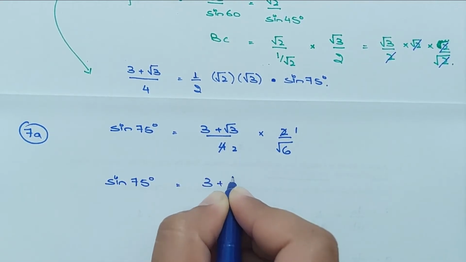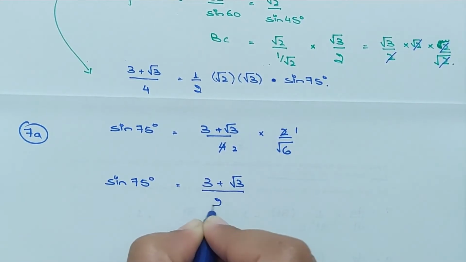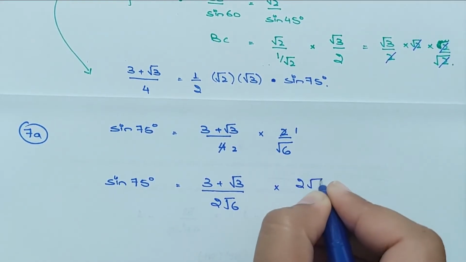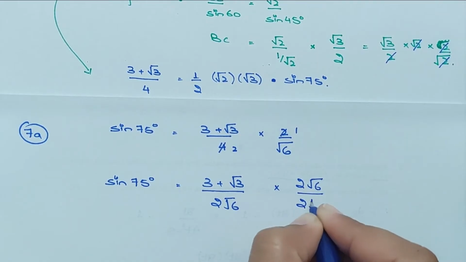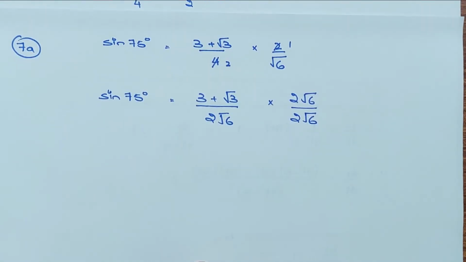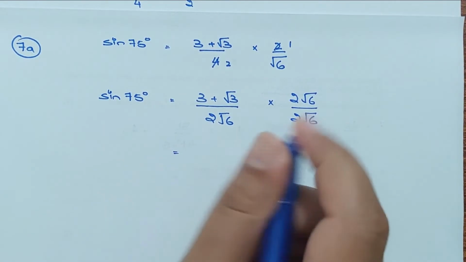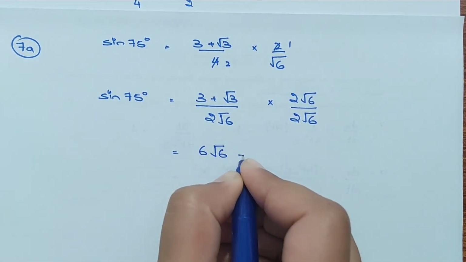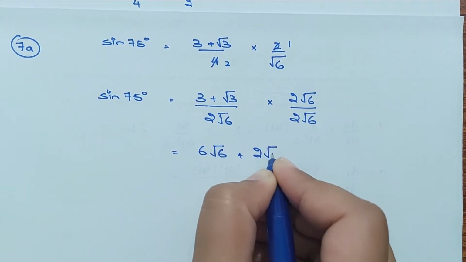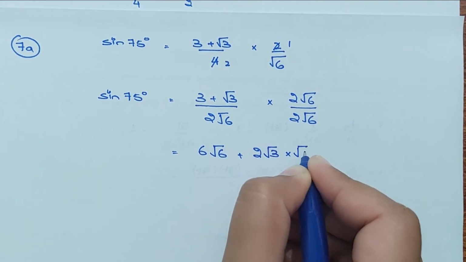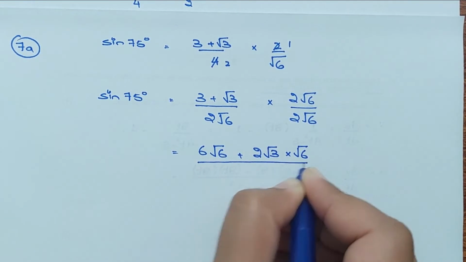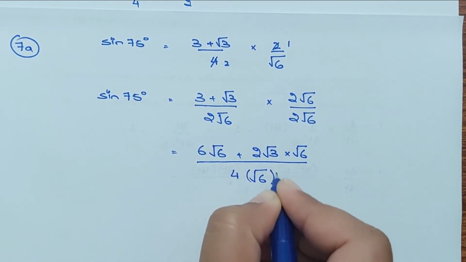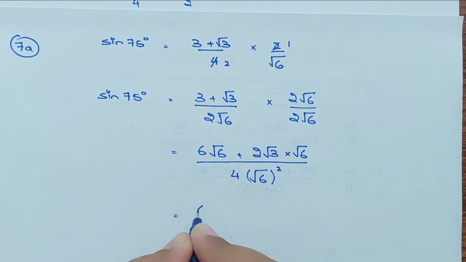3 plus square root of 3 over 2 square root of 6. Multiplying and dividing by 2 square root of 6 over 2 square root of 6, right? So this would be 3 times 2, which is 6 root 6, plus 2 square root of 3 into square root of 6 over 2 times 2 is 4 and root 6 square, right? 6 root 6